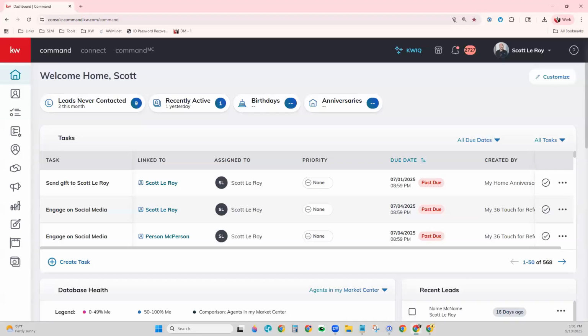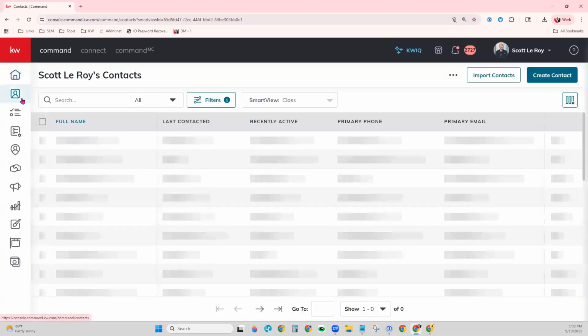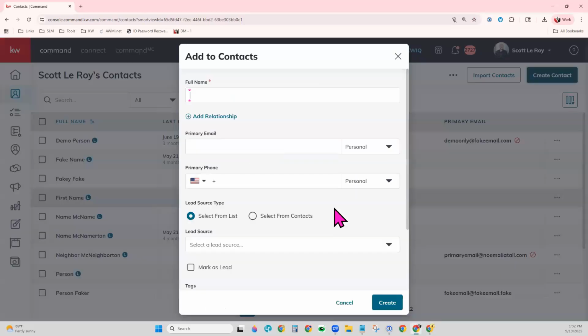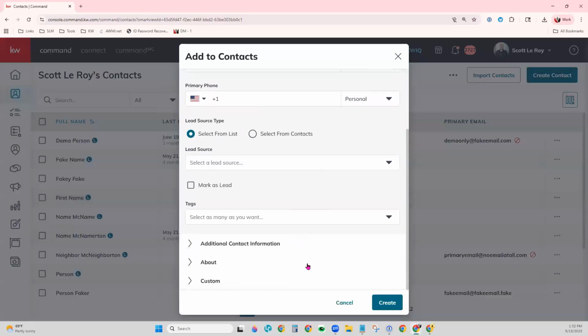I'd like to show you how you can create and edit custom fields for your Command contacts. So in Command contacts here, when you have a contact and you want to add that in, there's lots of fields here that you can enter data, but maybe there's something specific that you'd like to know or connect with your contacts about. Maybe it's your niche in the market. Maybe it's something like a sports team or their children's names and ages so that you can connect with them